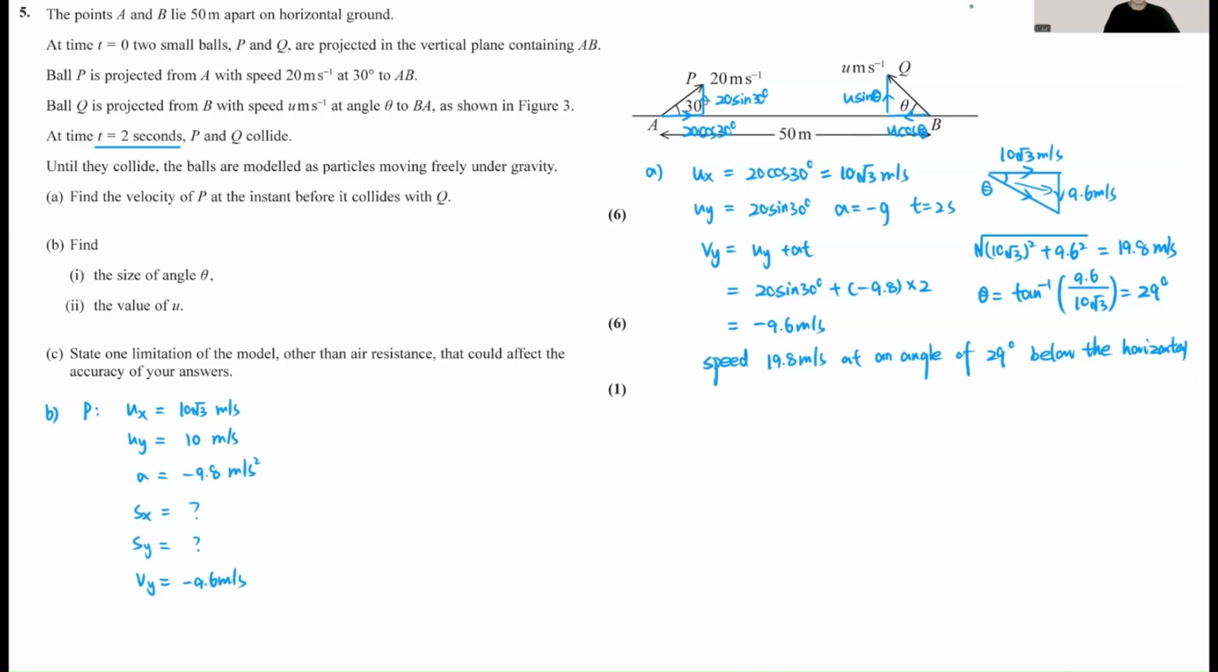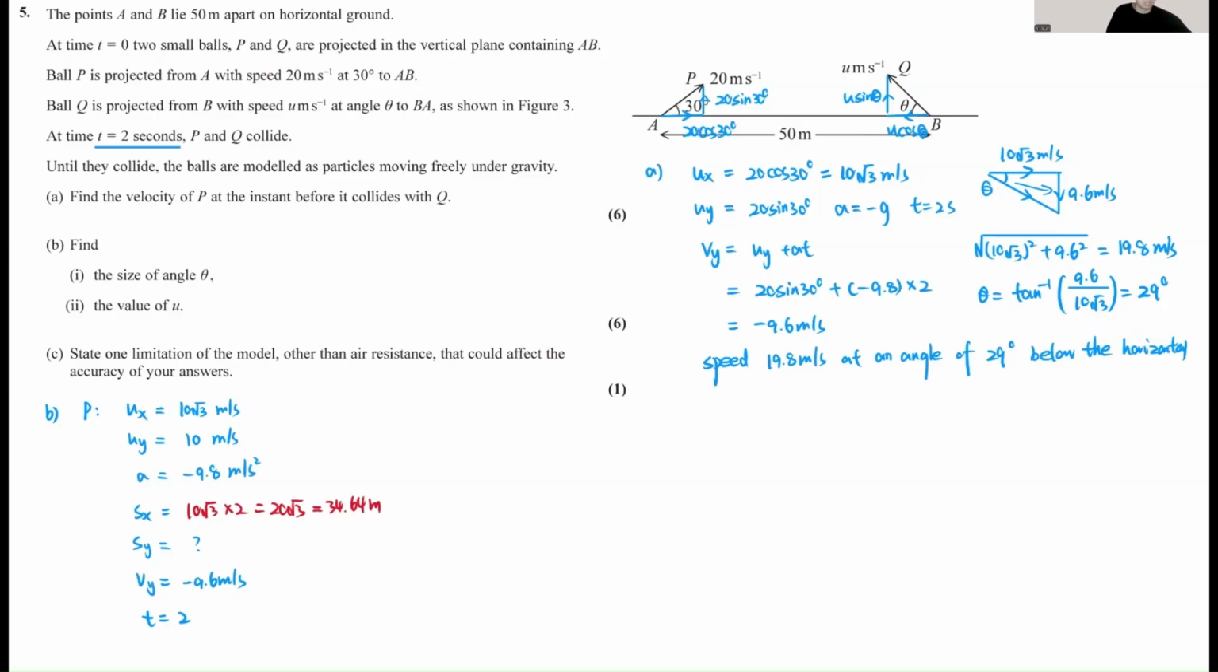Okay. From here, we can work out the time, which we already know is 2. At time t equal to 2 seconds, P and Q collide. So we can work out the vertical and the horizontal straight away. For the horizontal, we can just use velocity times time. So 10 root 3 times 2, that'll be 20 root 3. If we want to change it into decimal, that should be 34.64